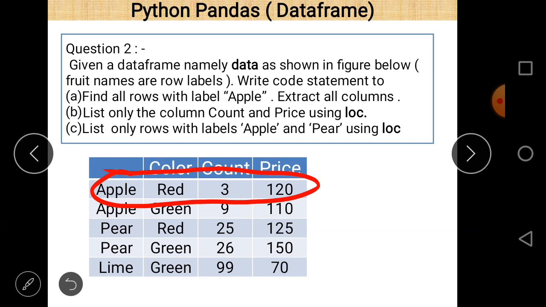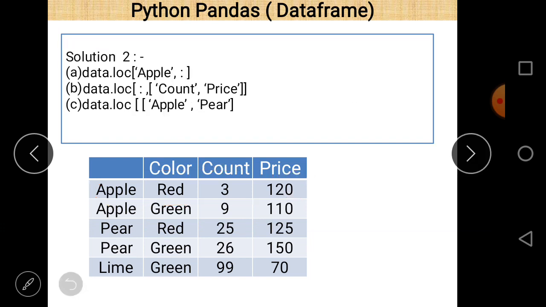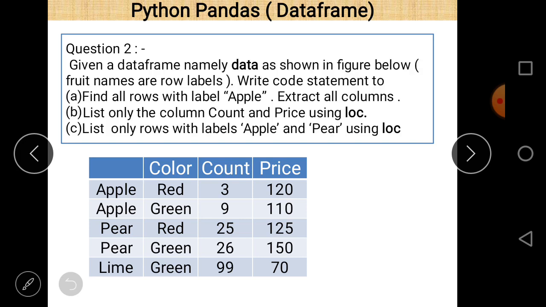So what we have to do for this is just write data dot loc, and as I told you, there are basically two parts of loc. The first part belongs to row and the second part belongs to column, and always write row first and then column, and there is a comma sign between row and column which separates them. Since there is only a single row here, and in the question it is given to find all rows with label apple, the label name is apple here. So just write